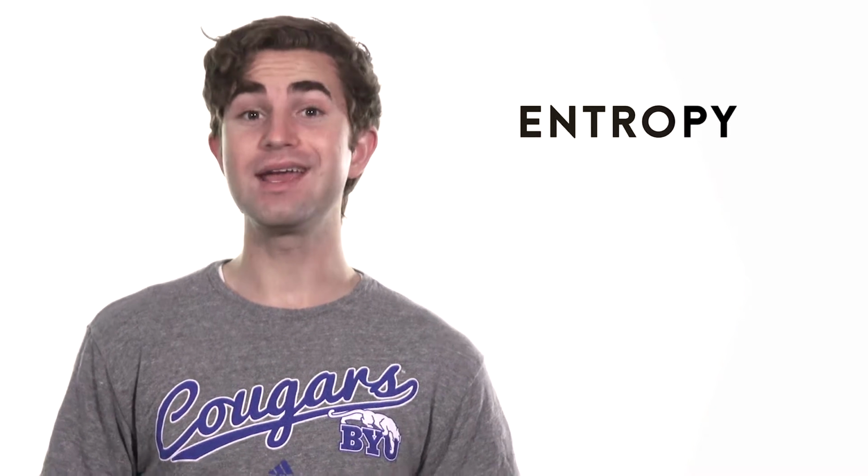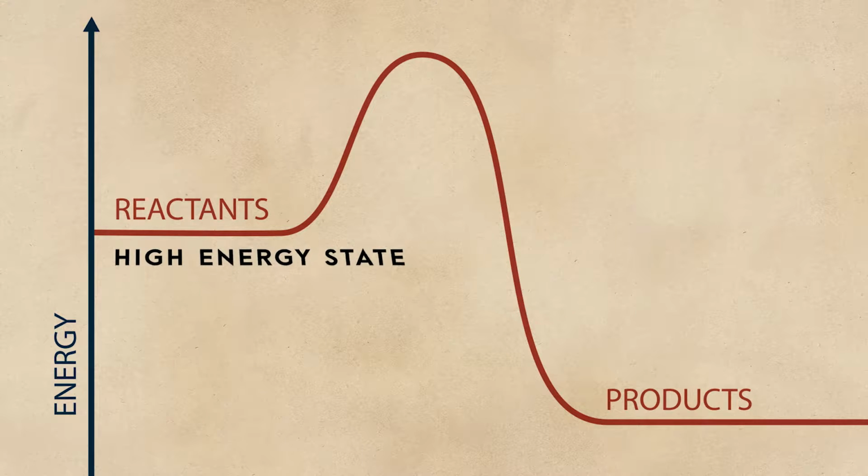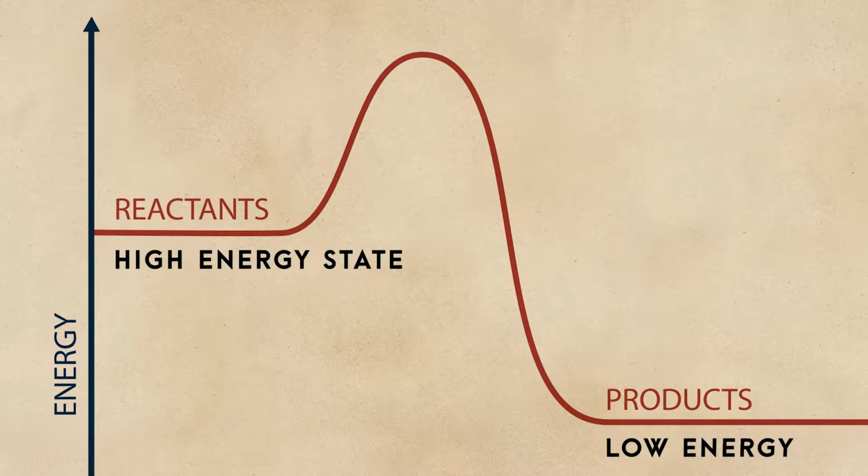There are two key factors to understanding chemical bonds: entropy and energy. Entropy, as we discussed in a previous episode, is a measure of disorder. Since the overall entropy of the universe must always increase, reactions that are high in the increase of entropy can happen easily. Reactions can also happen easily if the materials involved are going from a high energy state to a lower energy level. But if a reaction goes to a higher energy level than it started at, it needs energy